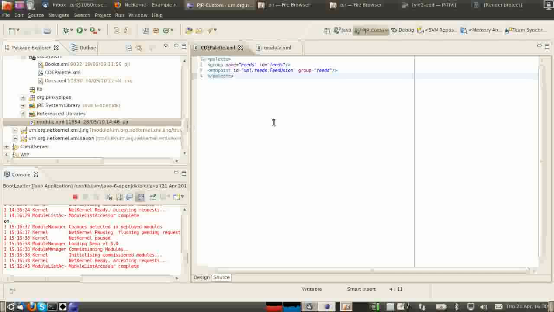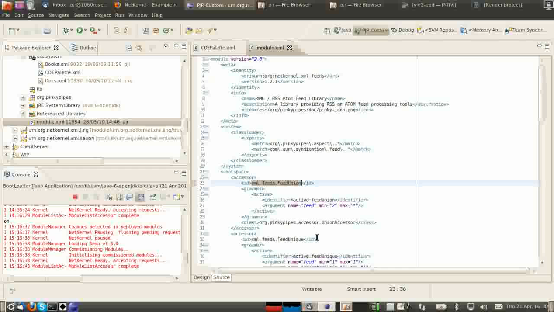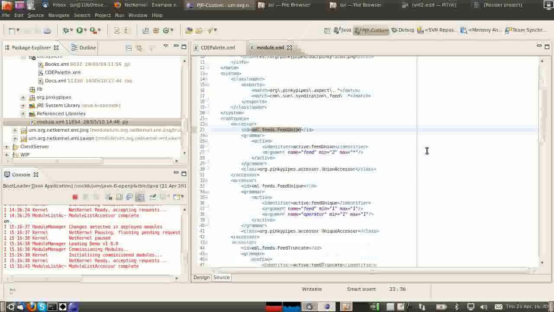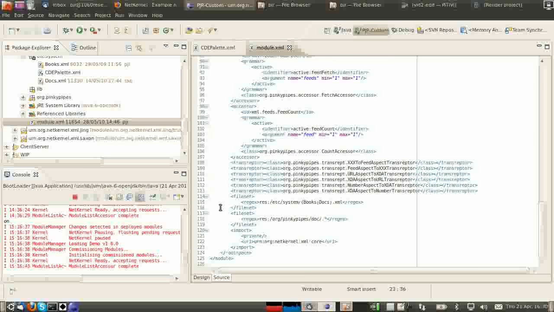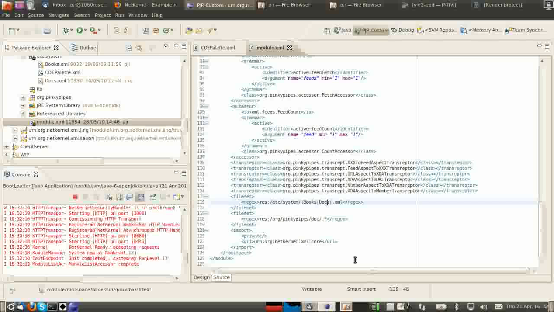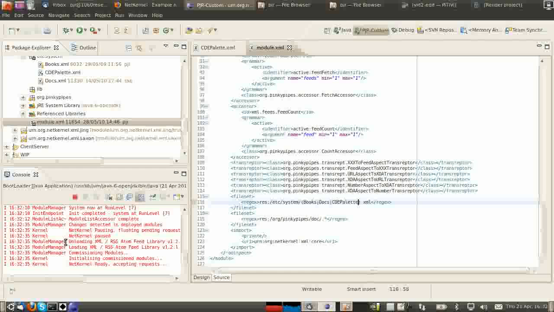And now I have to do one more thing, which is this CDE palette needs to be exposed to the world, because at the moment etc CDE palette isn't shared with anybody, it's just internally private. So I need to go down and find the exposed system tools, so system resources. So we see we've got etc system books docs. So I need to add that resource to the address space so that it can be seen by the world. The module gets recommissioned,